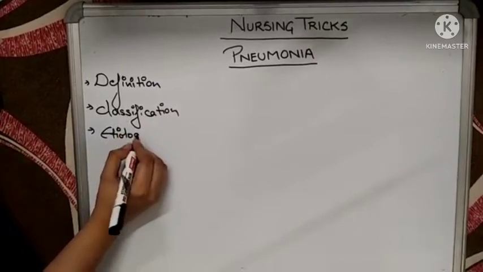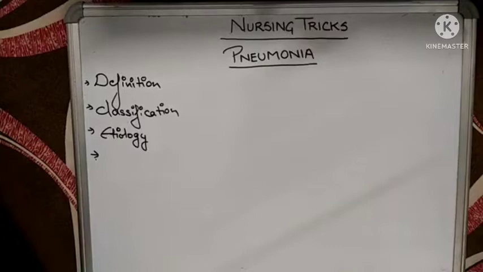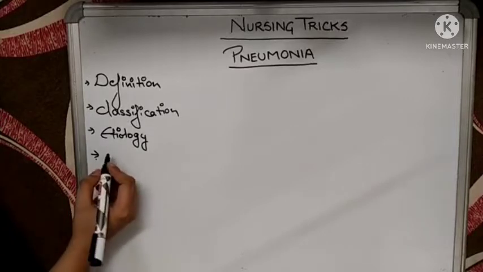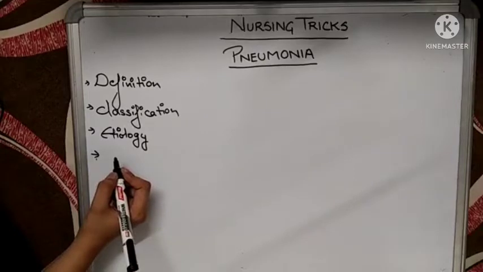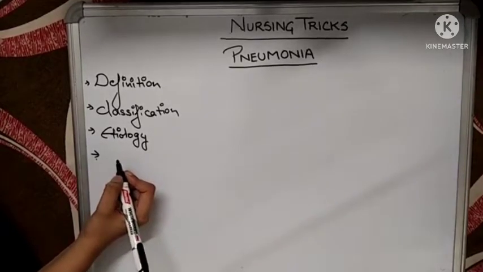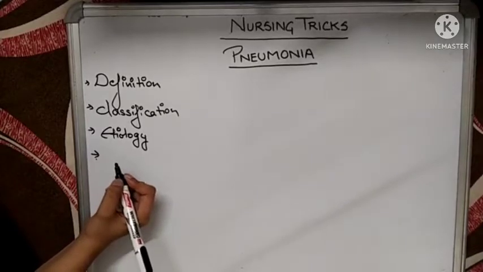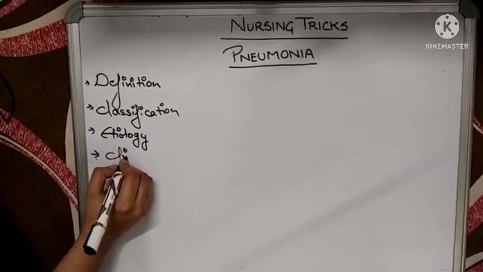And here I would like to add that in your various exams, this particular question is a very important question, and I have also seen this question many times in the subjective papers as well as in the objective question papers. So make sure that you read the things which I am teaching you from the books as well. So etiology, and then we will see the clinical features,